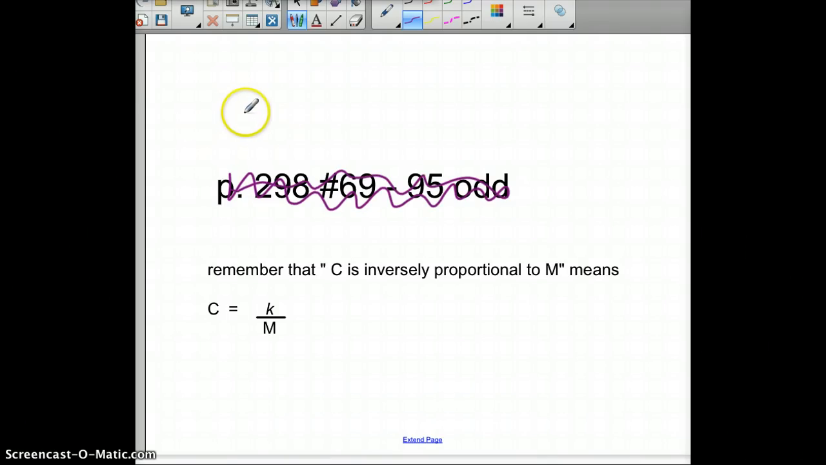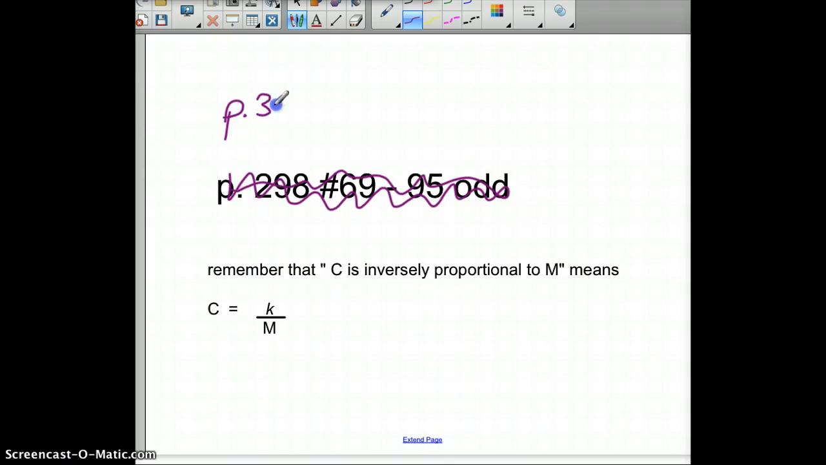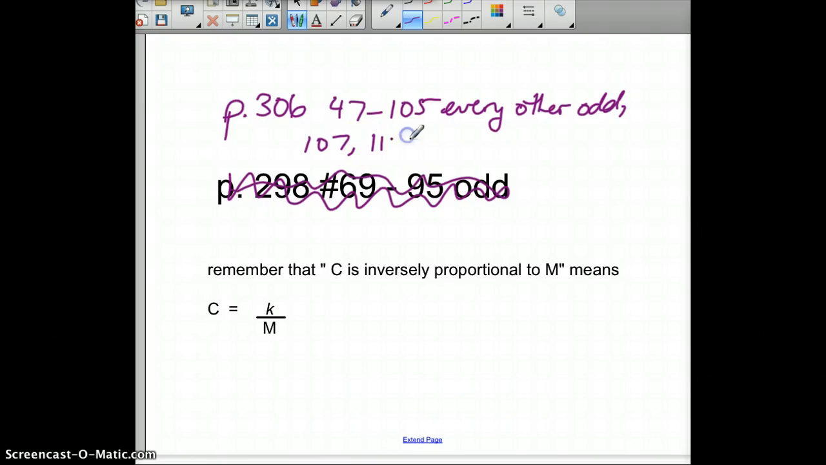Homework for today is page 306. Whoopsie. Page 306, 47 to 105, every other odd. 107, 115, 119, 123, and 129. Remember that when a problem says C is inversely proportional to M, inversely proportional means instead of multiplying K times M,